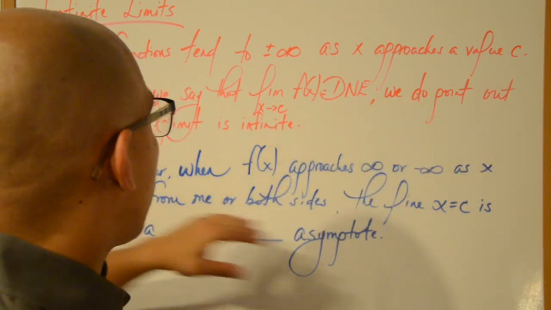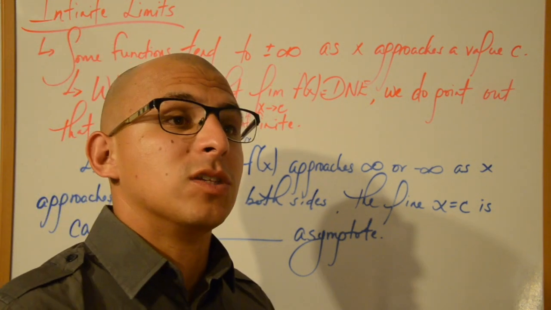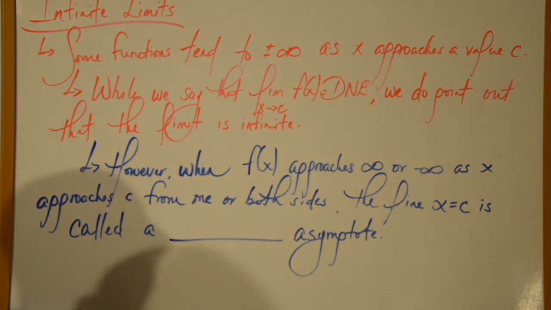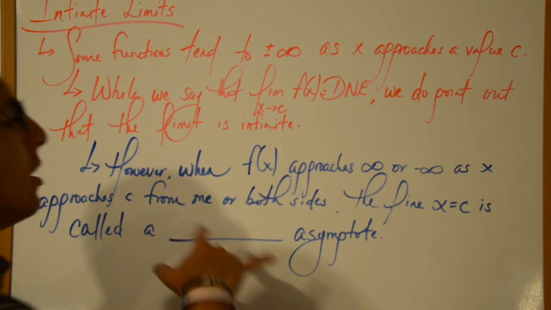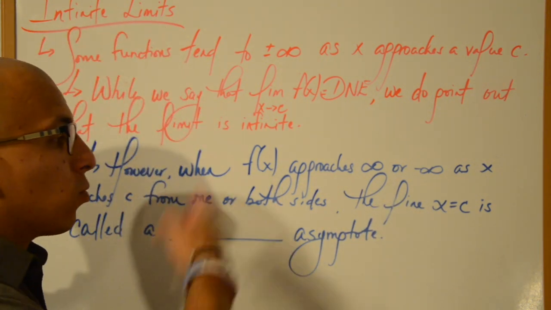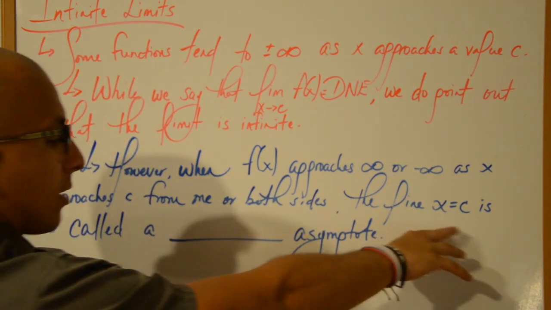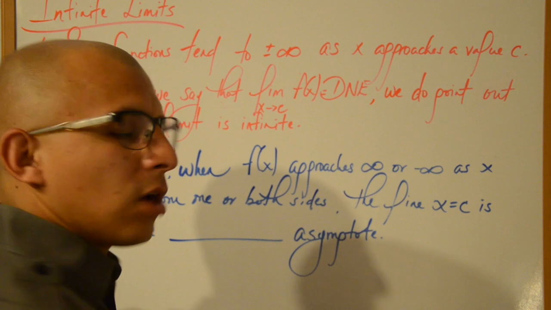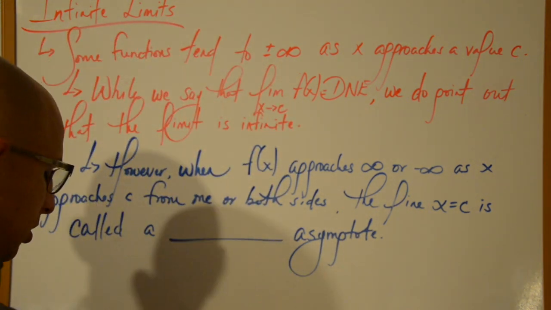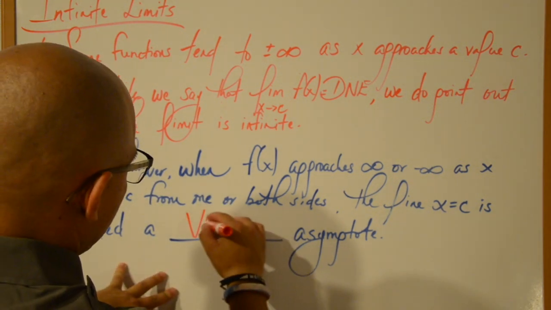However, we do point out that the limit is infinite. We may say it's tending towards positive infinity, that the function is behaving where it's tending towards positive and or negative infinity. The reason we need to do so is that when f of x approaches infinity or negative infinity as x approaches c from either one or both sides of that line, x equals c, and I'll draw a graphical representation next to give you a little more clarity, it is called a, algebra 2 word, vertical